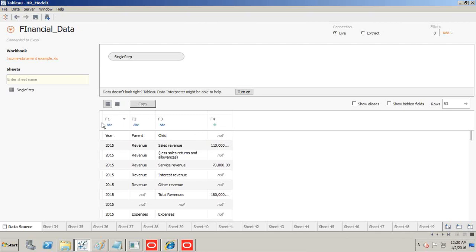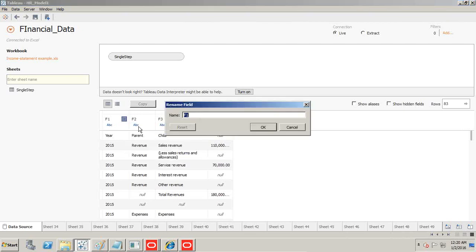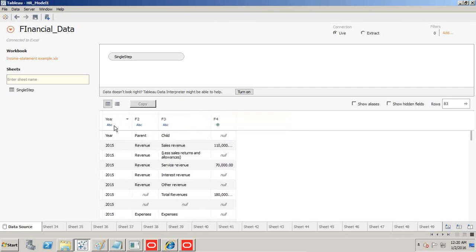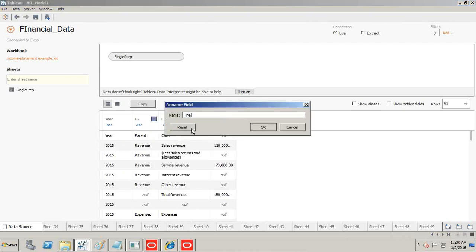The first thing I'm going to do, if I have some junk data, is hide it and rename all the columns. The first one is year and the data type is string. If it is a string, it is considered a dimension. Actually, year is a dimension itself. If you convert this to a measure, the system will start applying an aggregation rule on top of it, which is going to be wrong. And this one, I call the financial element parent